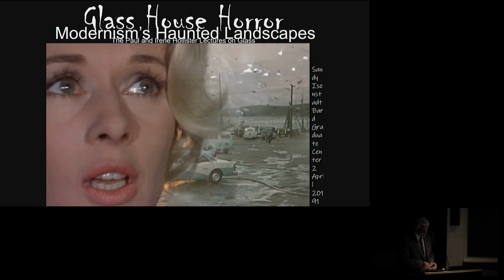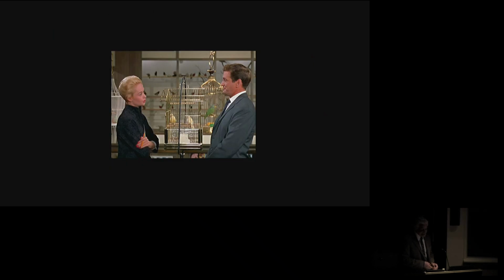Okay, let's start. In the opening scene of The Birds, the 1963 Alfred Hitchcock thriller, Melanie Daniels, on your left, played by Tippi Hedren, is meeting Mitch Brenner, on your right, played by Rod Taylor, in a pet shop in San Francisco. And they meet over this pair of lovebirds in a cage, which you can see right at the center.